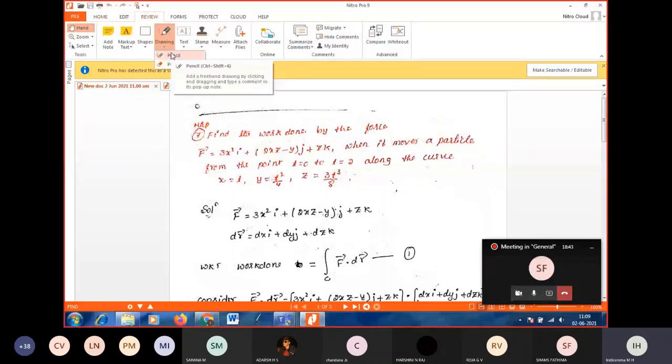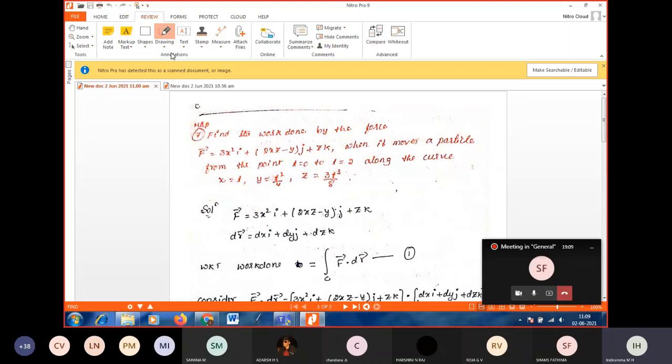I sent 3 question papers, right? Previous year question papers. 2 were model question papers and 1 is your previous year question paper. I am searching for the remaining question paper. Actually, it is there in the file, and the file is there in the college. That's why I am searching online to send to you. If I get more papers on 18MAT21, I will send them in the group.